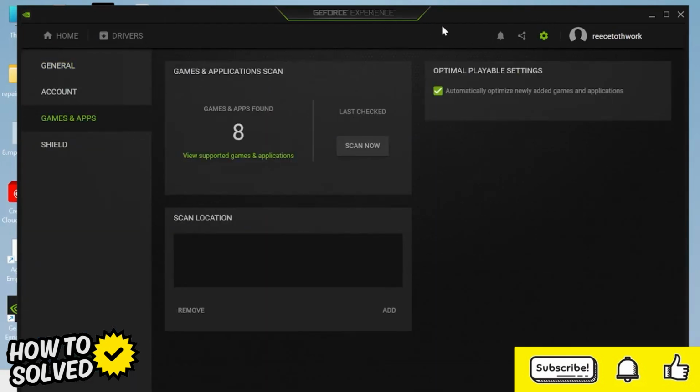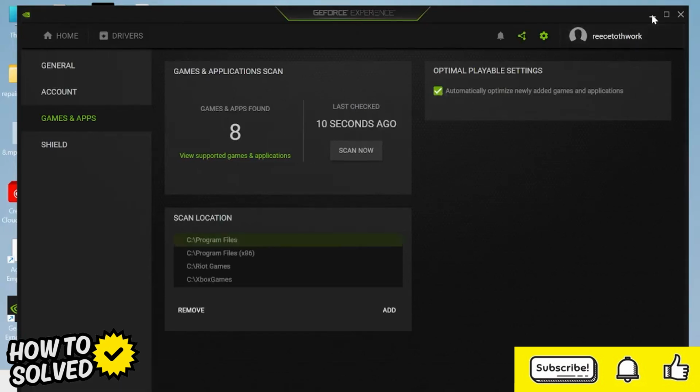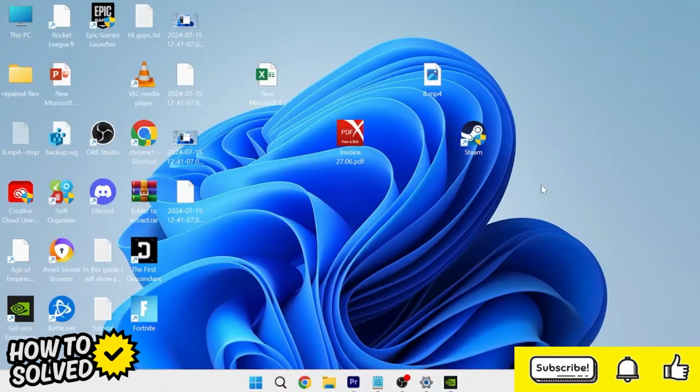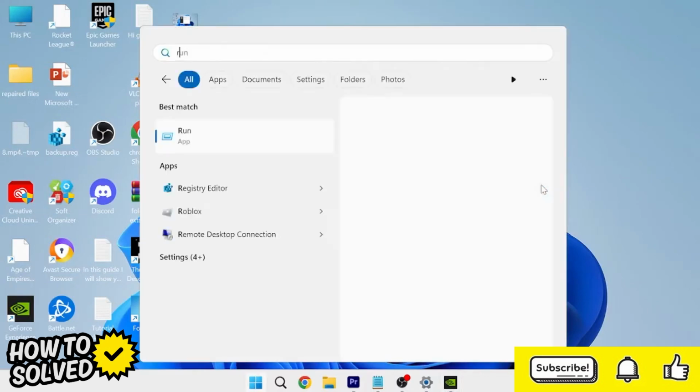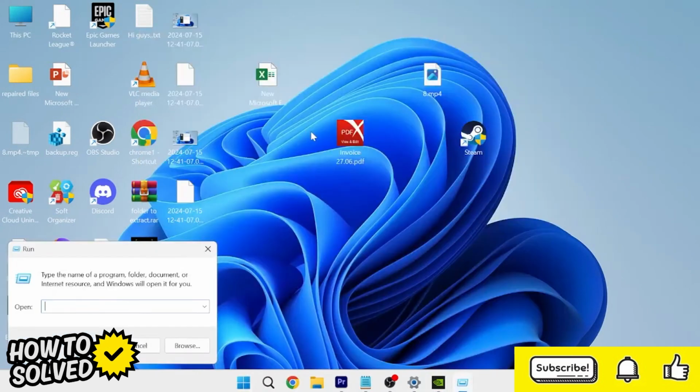Now inside of here, before we start, we just need to ensure that this option is checked: Automatically optimize newly added games and applications. Once you've ensured that this option has been checked, we can close out of the GeForce Experience, and we're going to head over to our start menu and search for run. Tap on the run icon, and inside of here we need to type in %localappdata%